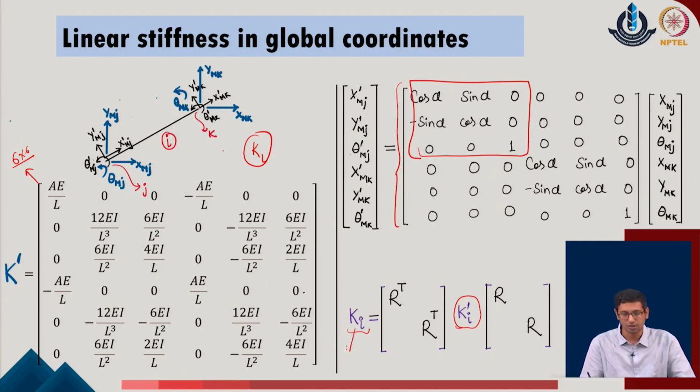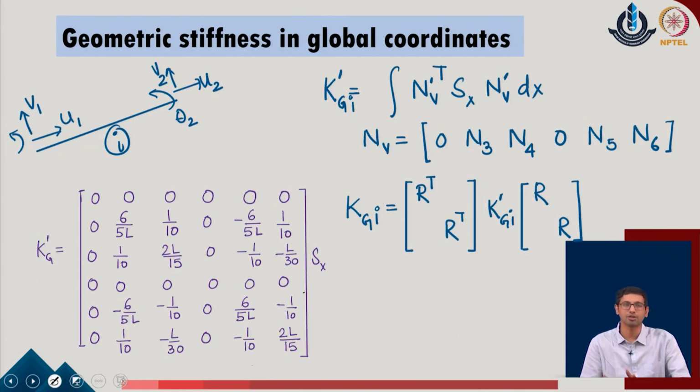So, the given stiffness matrix is still a 6x6 stiffness matrix defined for the member I, but the only thing is it is defined in the global coordinates of the given system, which are in the global xyz directions or xy theta directions. Once we have the stiffness for the individual member, we can do the same thing for the individual member for the geometrical stiffness in the given system.